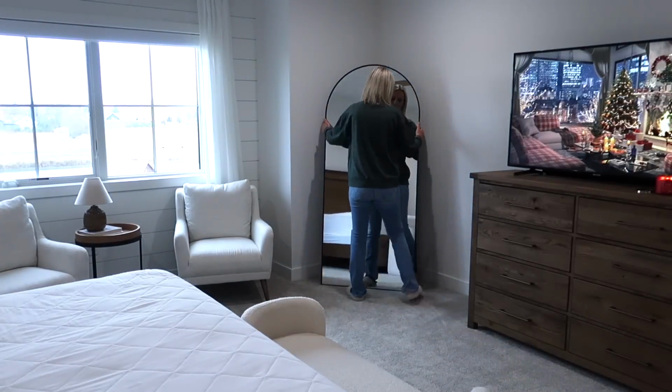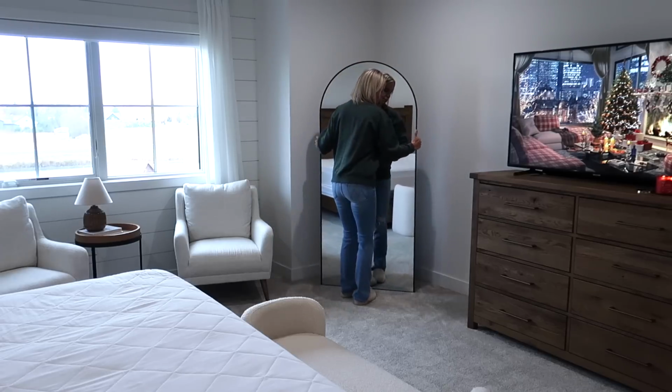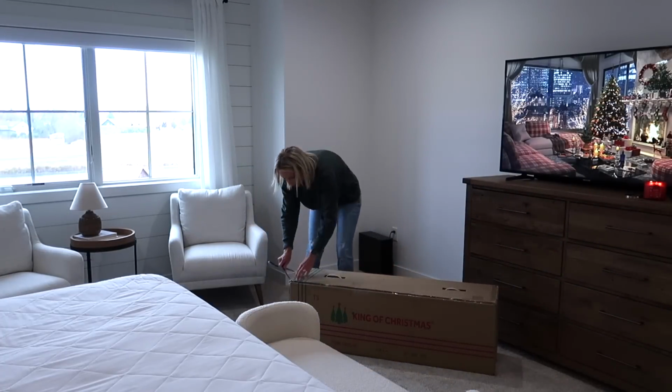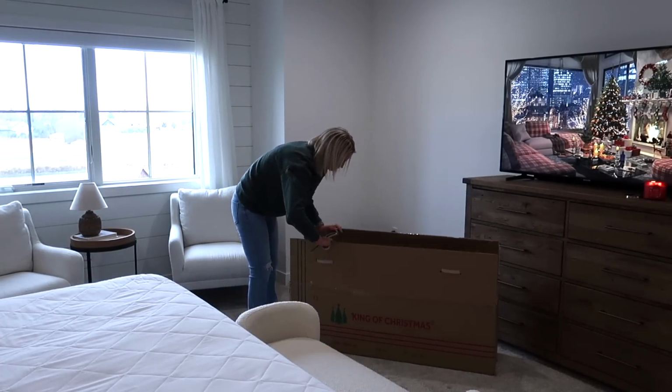Our Christmas tree is going to be replacing where our floor mirror is at, so I'm just moving this out. I'll share with you in another video where I end up putting it in the meantime. It's always kind of fun to shuffle things around, but I'm going to be putting up a new Christmas tree